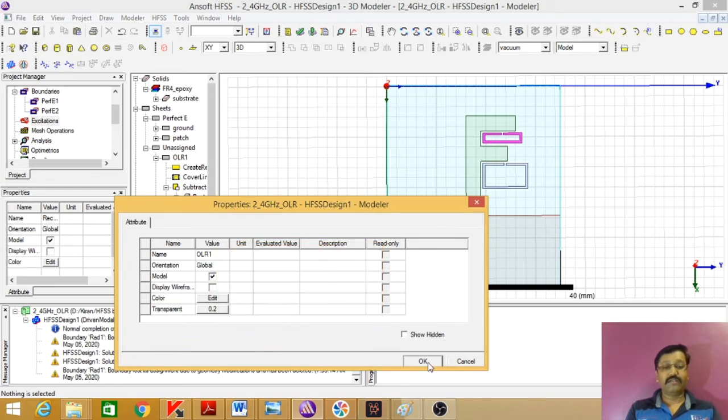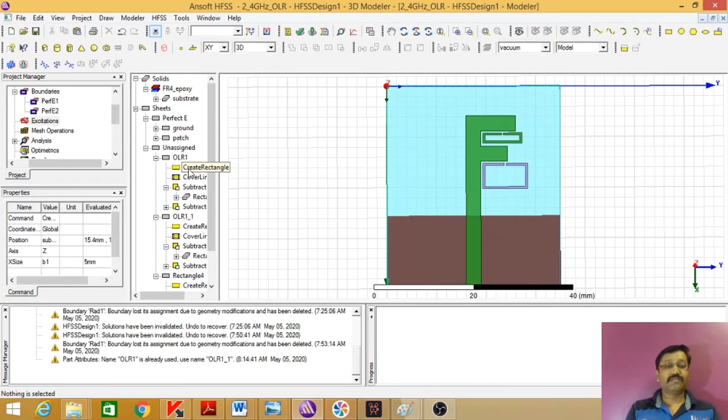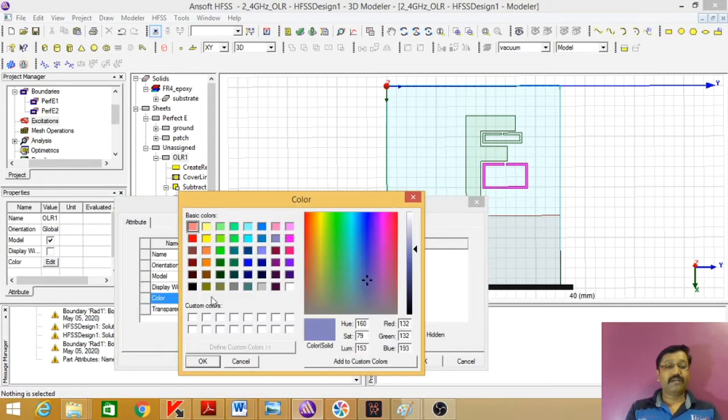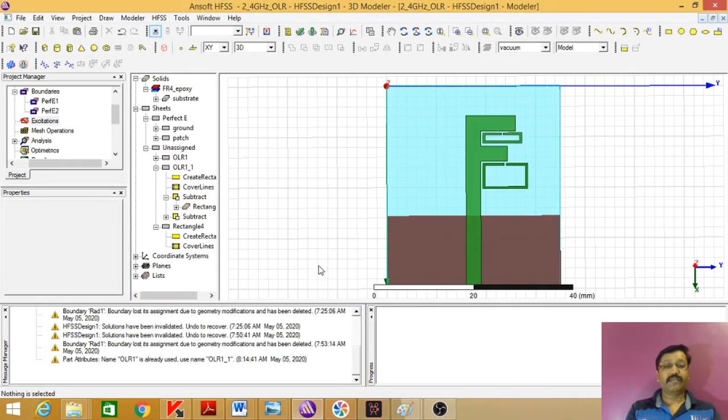OK, and then click on OK. I'll go to this OLR1, edit color, give the color OK, and then I'll say OK. Right. So all my structure is now ready.